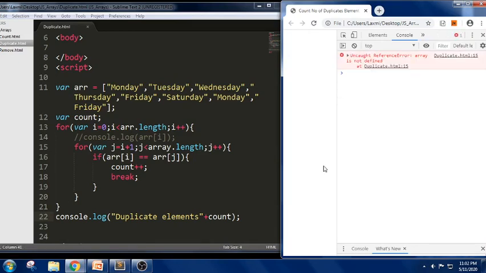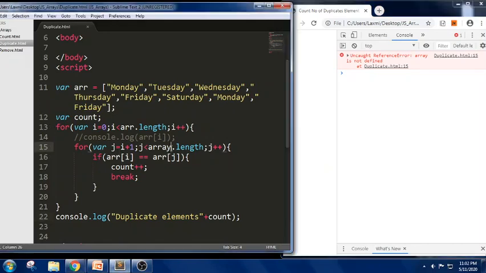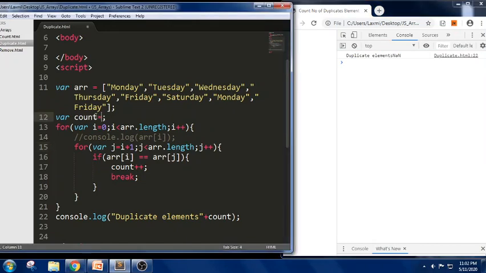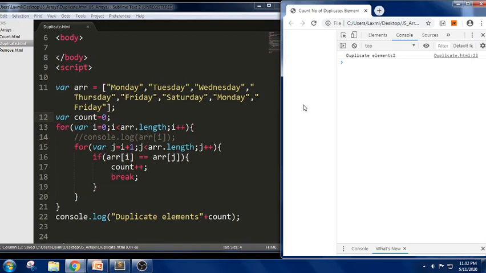Something says array is not defined, yes, we haven't defined array here. The duplicate elements count is none, so we got none. Initially we should take the count value as 0 here. Yes, we got it as 2.